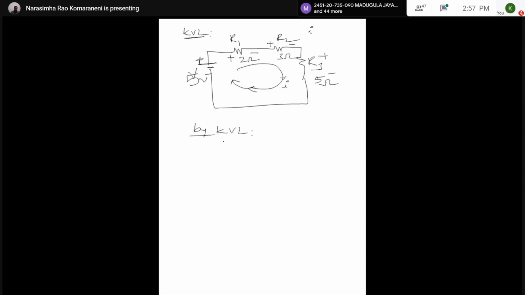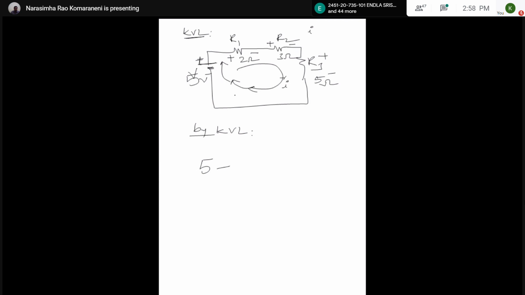Now you have to see the potential increments and potential decrements, and based on that you write the signs, right? See here. You start from the battery, that is plus 5. Why plus 5? Here the conventional current is entering at the negative and leaving at the positive, right? So it is a potential increment. So we have to consider this sign as positive.